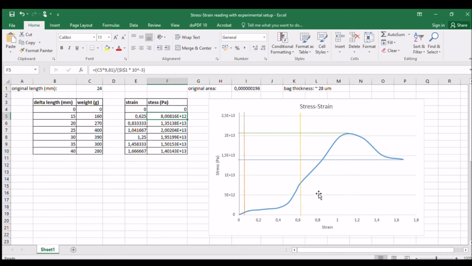Okay, now if you look at the stress-strain graph, if you look at the strain, it starts from 0.625, and that is roughly about over here where this yellow line is. So this graph over here would have been plotted. The issue is that this section over here, we cannot consider that to be the linear section of your normal